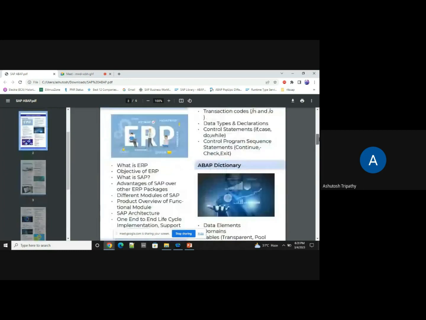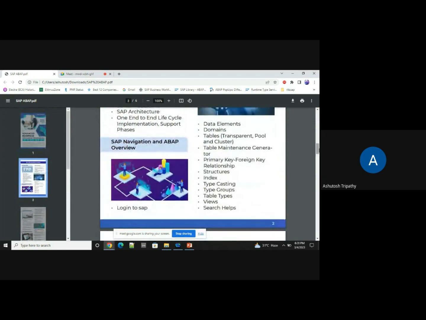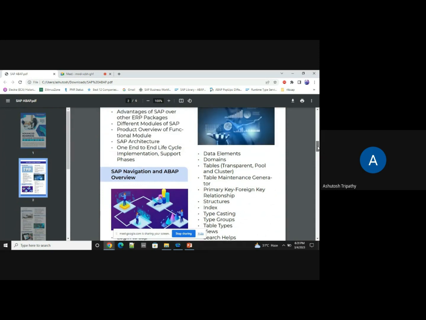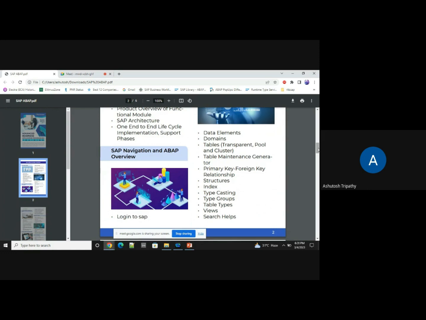MPP programming. So in order to do this selection screen and MPP programming, we need definitely some database objects. So these database objects are nothing but the DDIC objects we call in SAP, where we will be creating basically the data element, domain and the tables, and we'll be also creating a relationship between the tables with foreign keys. One who knows SQL can relate how these things are. So SAP, as I said, is a hybrid language where we need to take care of the backend as well as the front end design.